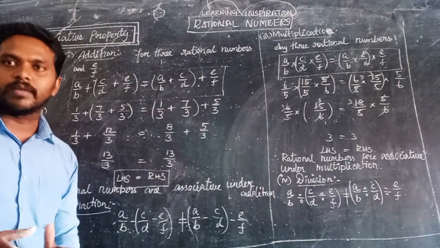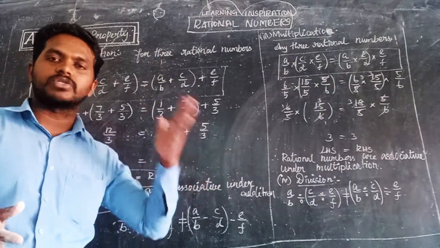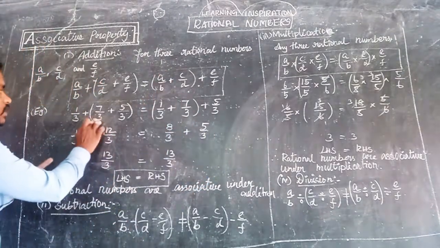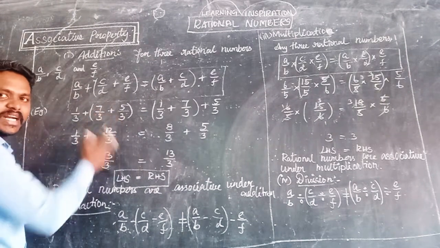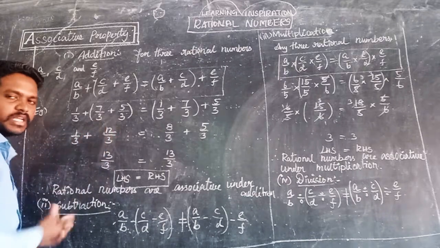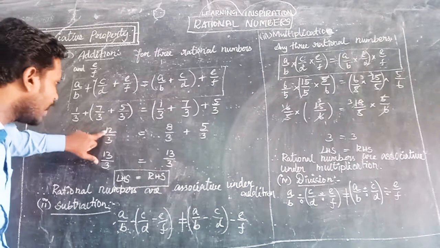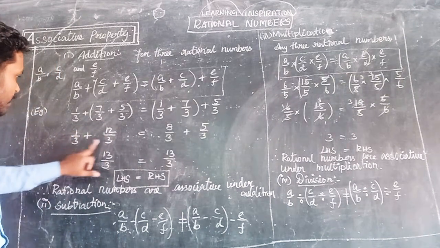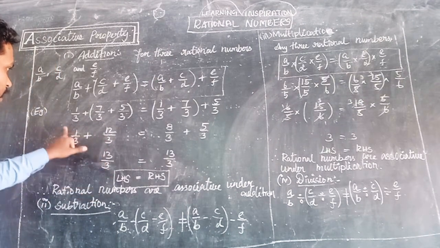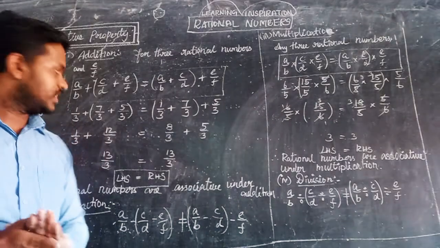என்ன இங்க பண்றோம் அப்படினா, so order place உடைய வேல்யூ மாத்திரம். Commutative property also same, associative property also same. So here the denominator is the same, we can add the numerators directly. 7 plus of 5 is equal to 12. Because the denominators are equal, we can add the numerators. 7 plus 5 is equal to 12 divided by 3. Next step also the denominator is same, we can add the numerator. 12 plus 1, 13. 13 divided by 3 is the left side.